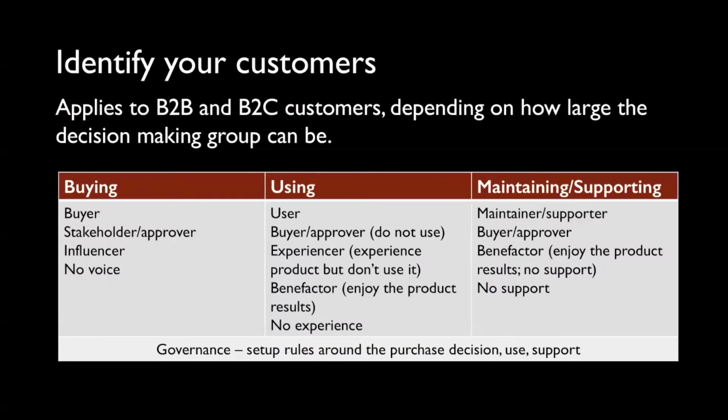Our customers have different roles during the purchase process, while using your product, or during support. And during the purchase process, there may be a single decision maker and many stakeholders. Consider a family purchasing a car. The extended family may get involved in the purchase decision with multiple stakeholders. The children could influence this decision, as could social media types, or even other people.